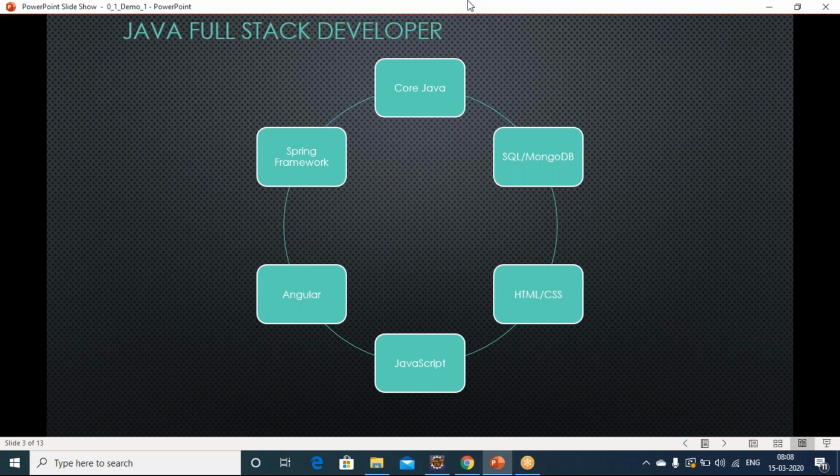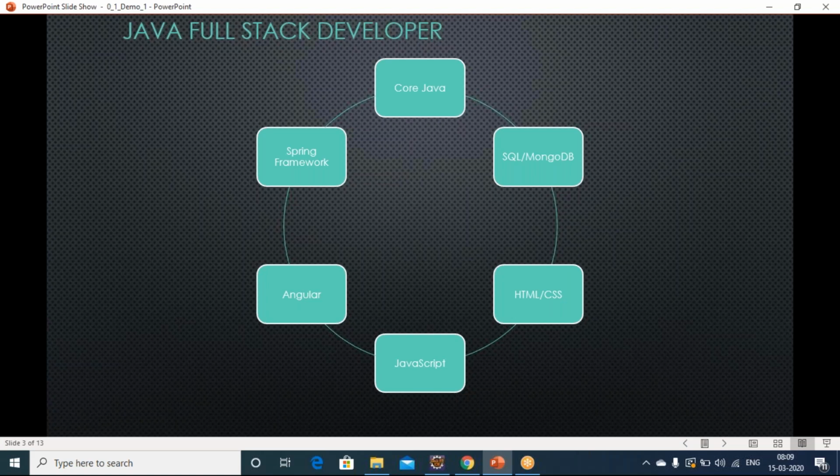Once you learn core concepts, we'll start with the UI, where HTML and CSS will be introduced. Then we learn JavaScript, and then we move on to Angular. Angular is another framework, a UI framework, which internally uses Angular projects. Typically, it is developed by using TypeScript. If some of the jargon is unfamiliar, don't worry. We will be learning those concepts in detail. Then we start with